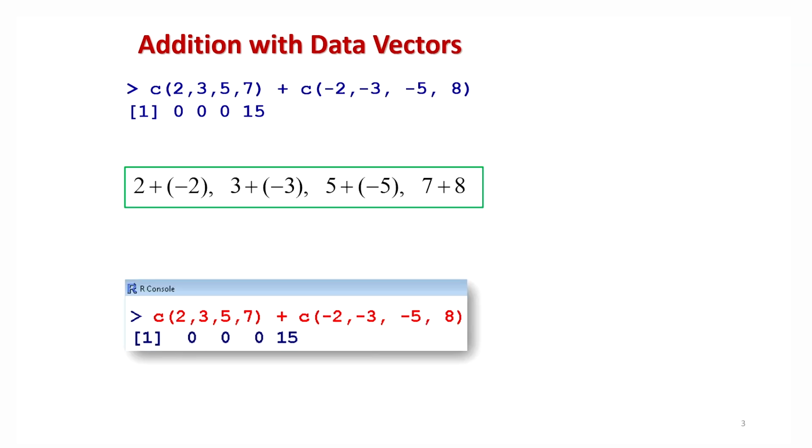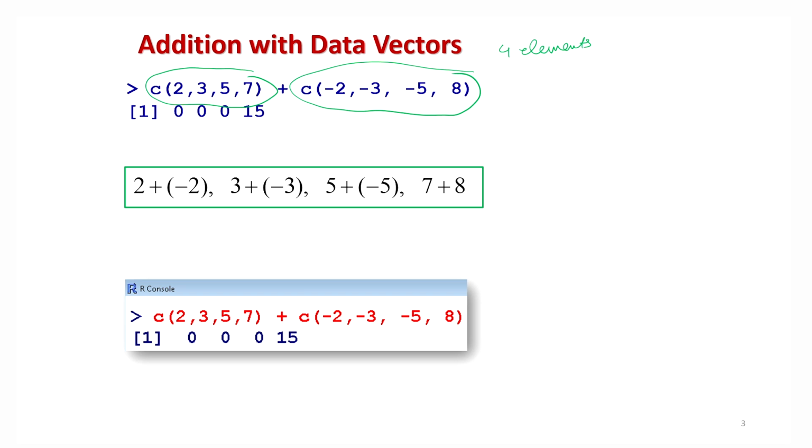Now the next question: if I have two components which are data vectors, another part where you have to be cautious is the size of the data vector. Size of the data vector means the number of elements in the data vector. First I am taking a case where the number of elements in each of the two data vectors to be added is the same. In each of these data vectors there are 4 elements, 4 numbers, right. Now how does this operate?